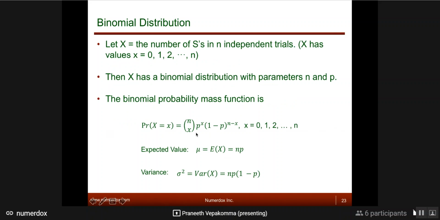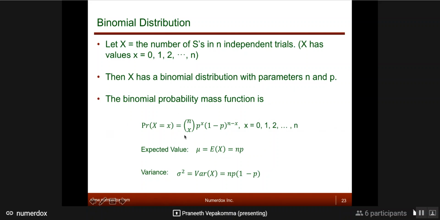So this is the formula for the probability mass function for the binomial. This is n choose x, right? nCx, p to the power x, times q, which is 1 minus p, to the power n minus x. This is a given formula. Now, if you literally do a summation of all possibilities, all these probabilities will sum to 1. If x can take n values, you take the summation of all: n choose 1, p to the power 1, q to the power n minus 1, plus n choose 2, and so on. If you compute all those terms and sum them up, it will be equal to 1, because that's a property any distribution function needs to satisfy.